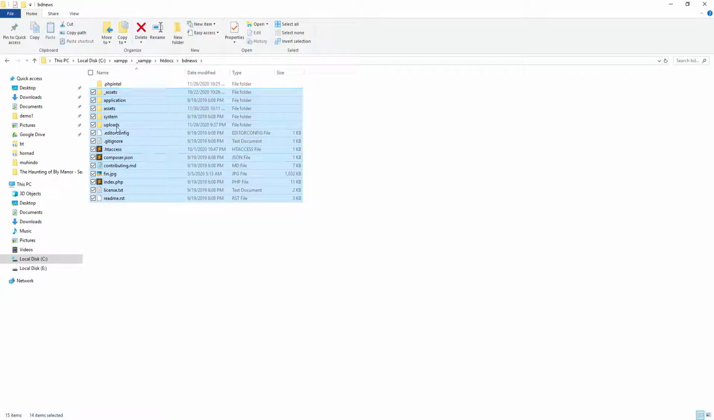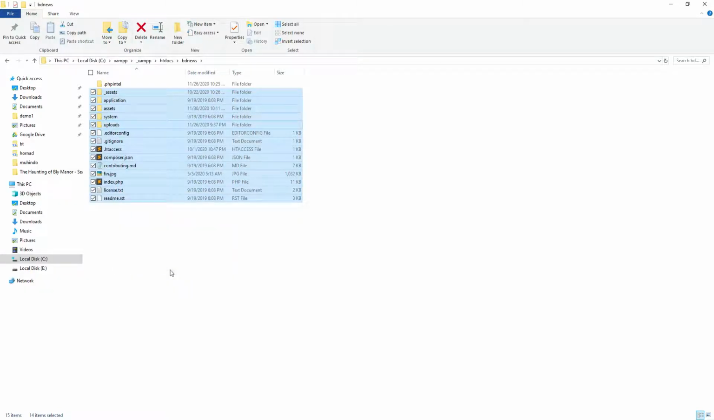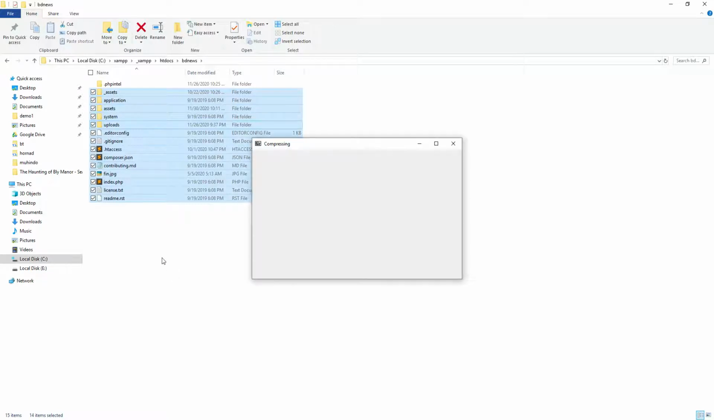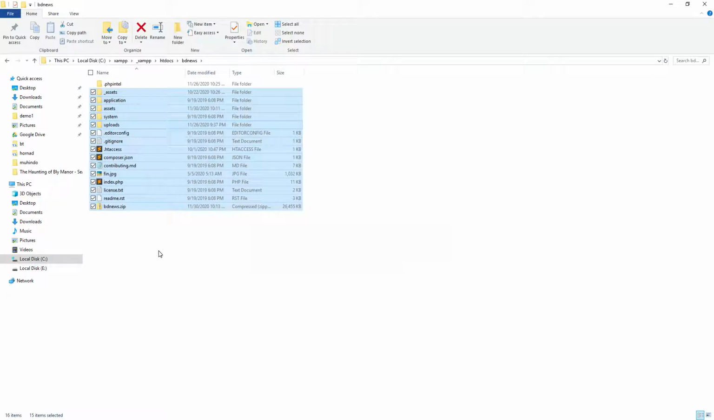So I'll select all and then zip them, because if you zip them, it will be simpler for you to upload them. Otherwise, it will be very hard to upload file by file. So you zip all of them and then upload the zip, and when it is on the internet, you unzip it. You see, even when I zipped, it has reduced the